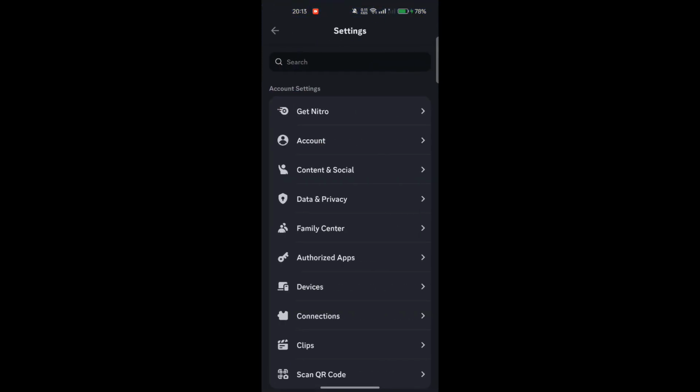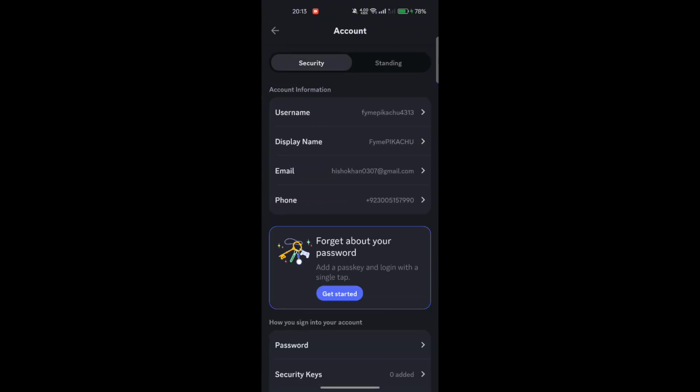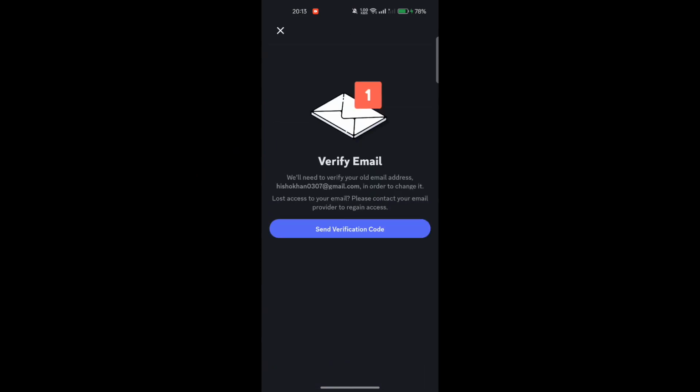Now here you guys will see get Nitro, account. So click on account. Here you guys will see username, display name, email, phone number. So simply click on email. Now it will say verify email. So when you click on send verification,